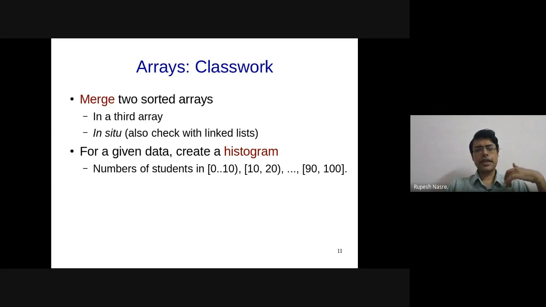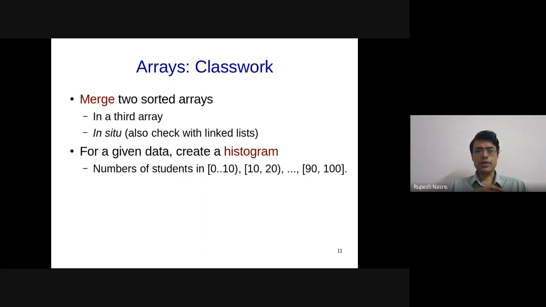We are not interested in exactly which student has got which marks. That information we have. What we are interested in is how many students are there in each bucket. So we are interested in the counts of each bucket, and that we can plot as a histogram. So we would like that to be implemented.